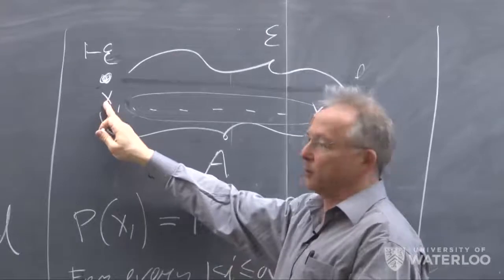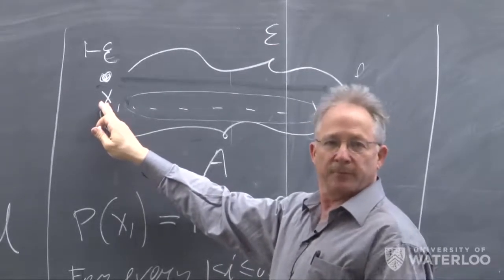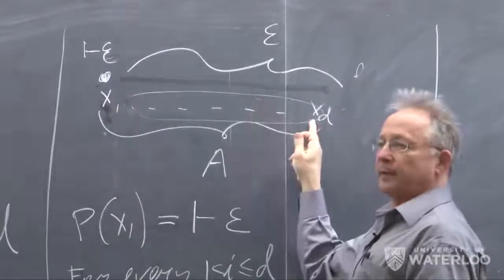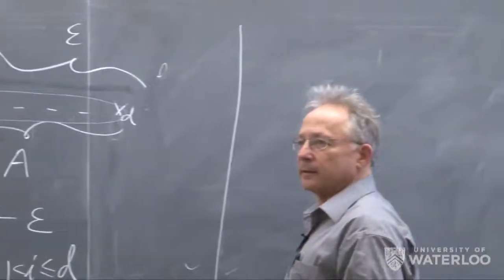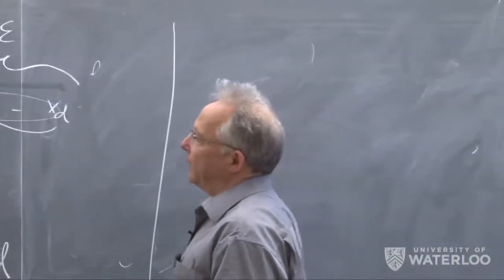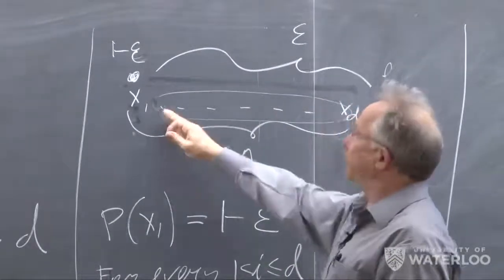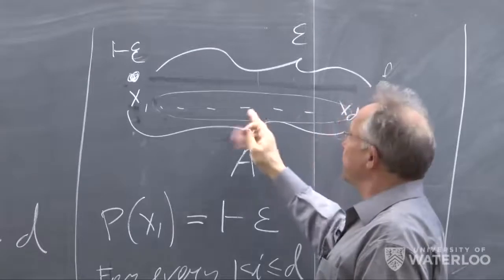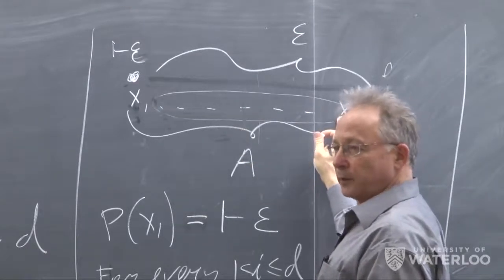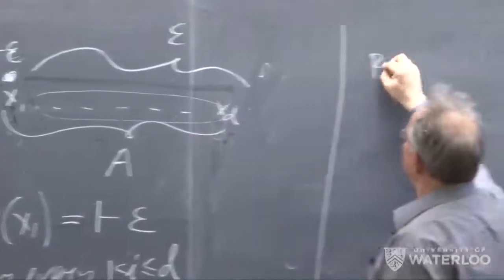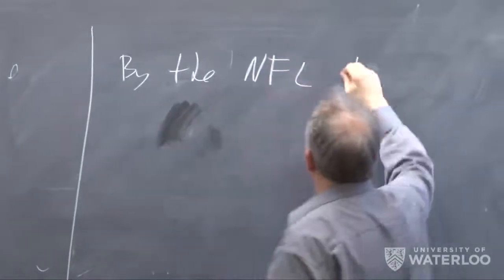They give me the same point over and over again with the same label. But I'm just looking at what is happening here. If I see less than half of the points, then the relative probability of making an error here is going to be a quarter. So by the no free lunch theorem,